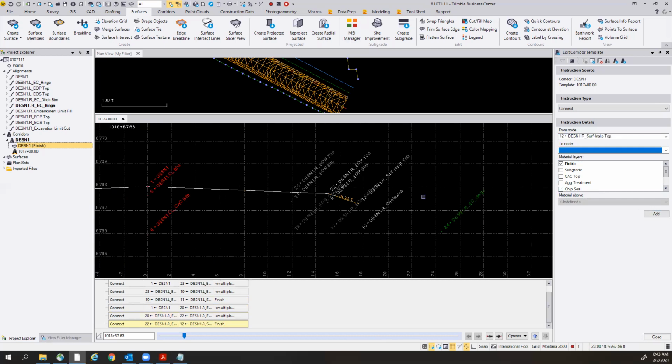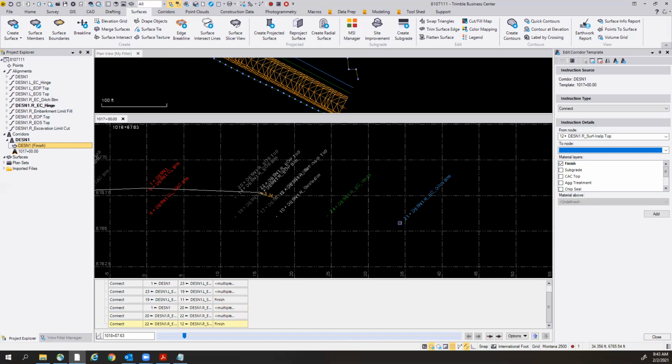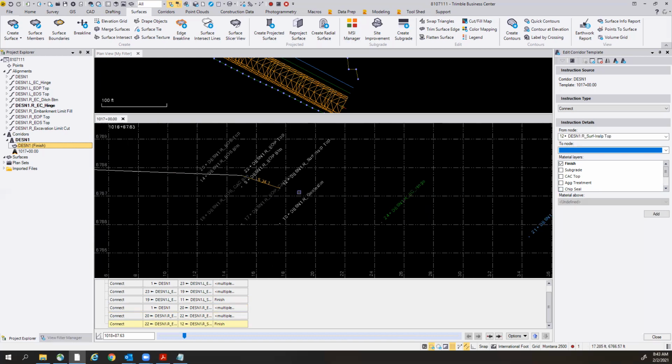Now on this side, our hinge point is out here at the edge of the ditch. So we're going to build all the way out to the outside edge of the ditch. So we'll go from 12 to 24, which is from our pavement slough to our inside edge of our ditch bottom. 12 to 24. And we're going to keep finish grade. This is also going to be CAC top,